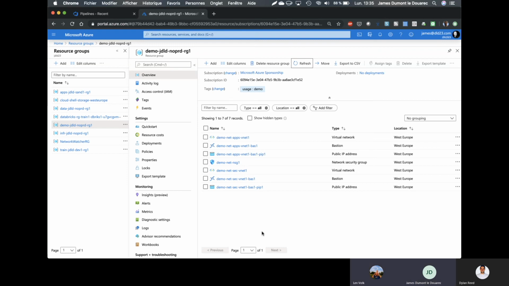Correct. And James, I'm going to ask another question if you don't mind. So obviously, it's fascinating with the module. Let's say I need to customize it for my other needs, and I don't need the VNet peering, just for simplicity's sake. All I need to do is go to where I call the module and comment out the VNet peering part, or is there more modification to be done?